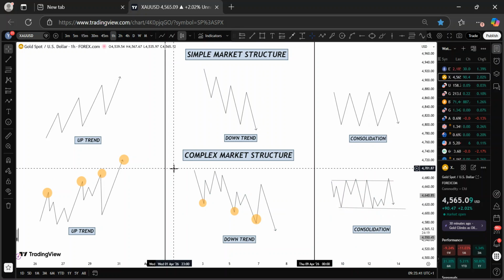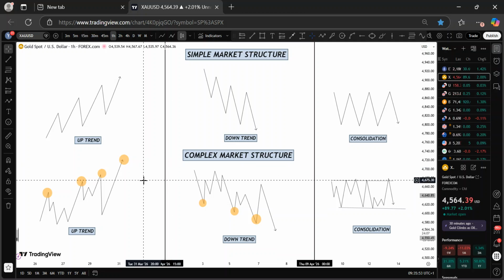So this is what you have in market structure. This is all you need to know about market structure. I promise you, you don't need to make it complicated. No matter what you see out there, no matter the market you're trading, stock market, crypto market, futures market, forex market, whatever it is that you're trading, the market structures appear the same. They don't look different, no matter the market condition. So take a look at them again.